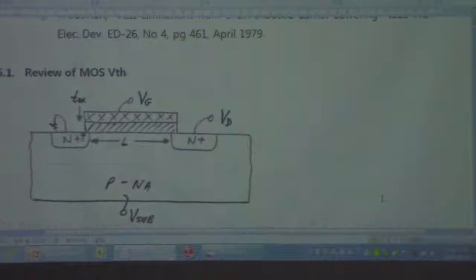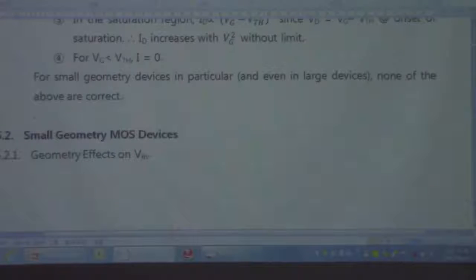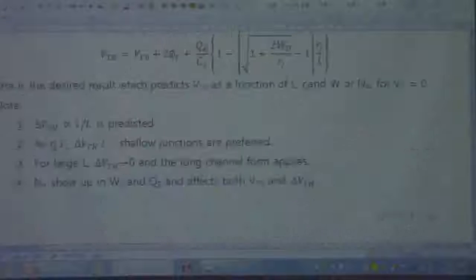Let's see. We have discussed, as a first chapter, we reviewed the MOS threshold voltages, and then we have discussed the geometric effect, small geometry MOS devices, and the geometric effect on the threshold voltage. And we covered the length effect, and we just discussed the width effect, and then